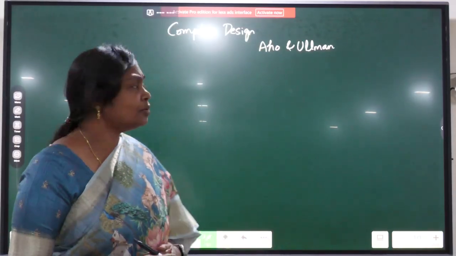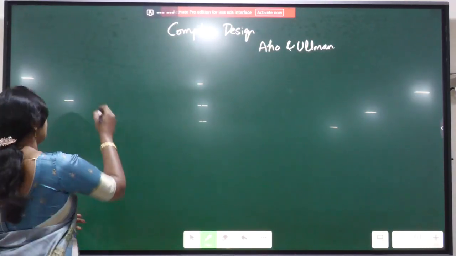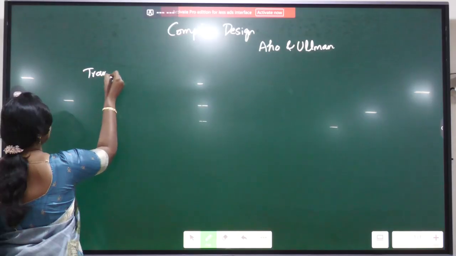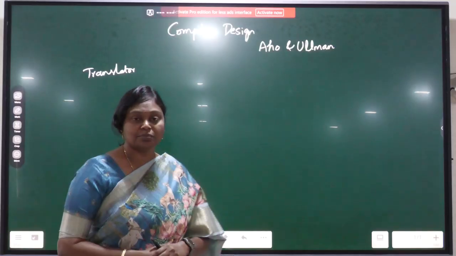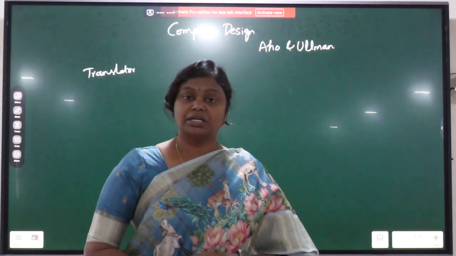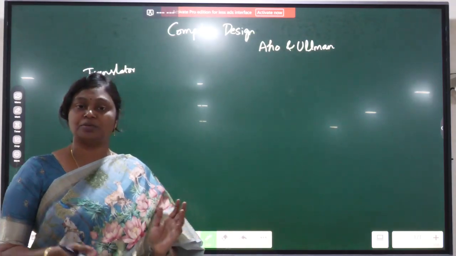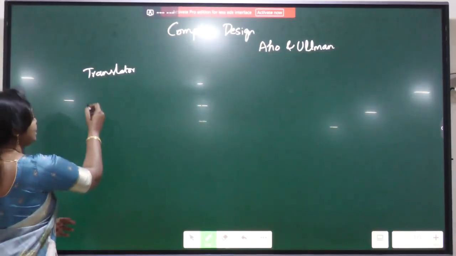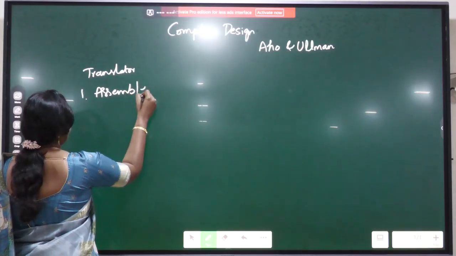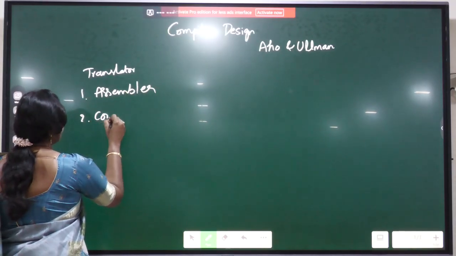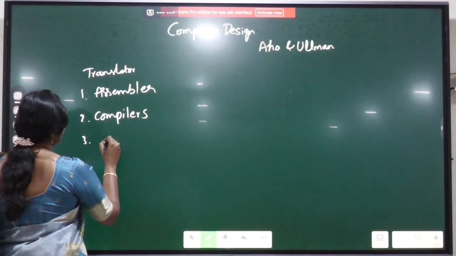Okay. So regarding the compiler, first of all you need to understand what a translator is. A translator itself is a program which will convert a source program to a target program, and there are three types of translators. First one is assemblers, second one compilers, and then the third one is